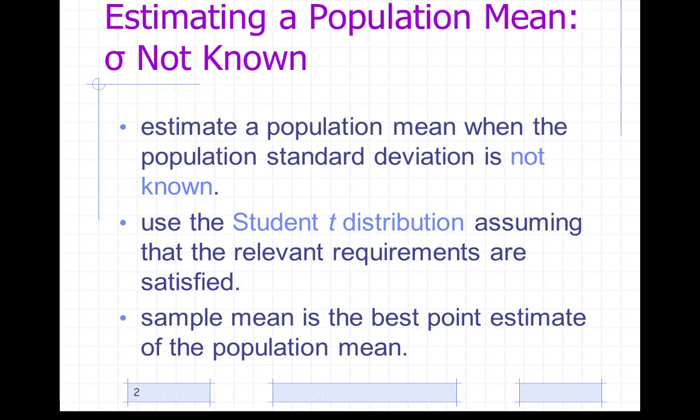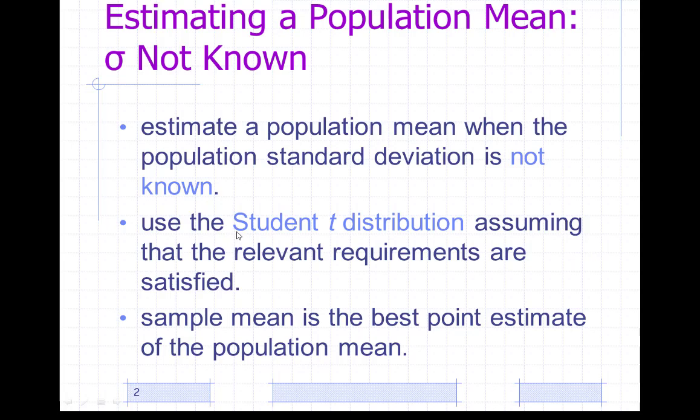As I said before, we're going to deal with a situation where we don't know the population standard deviation, because let's look at our work from those beginning chapters. We use the population mean to calculate the population standard deviation. And if we knew the population standard deviation, chances are real high we would have known the population mean, and then we wouldn't have to estimate it. So we're going to deal with a situation that is more realistic, not knowing the population standard deviation. What we're going to do here is